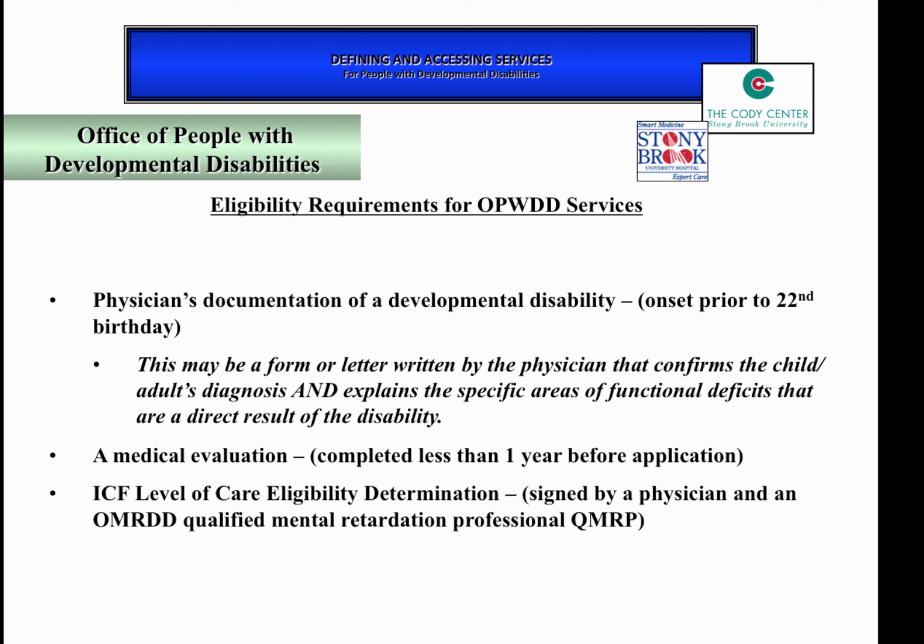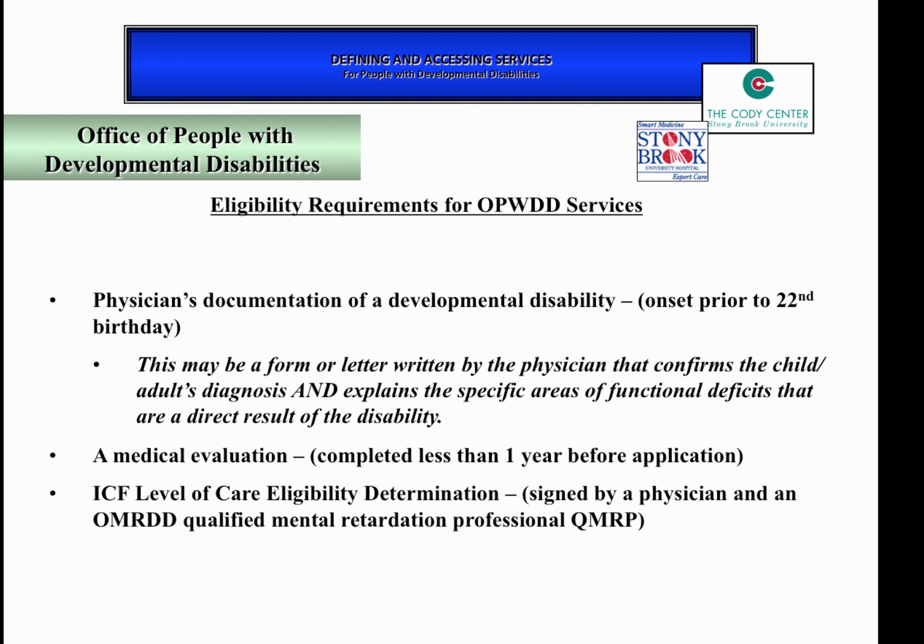So again, continuing with qualifications for OPWDD services, you also need a physician's documentation of a developmental disability with an onset prior to the 22nd birthday. So it's imperative that you get that diagnosis early from the physician's office. This is where you all come into play. You want to make sure that as you're charting someone throughout their young life and into adulthood, that definitive diagnosis gets made before age 22, and that you don't wait,